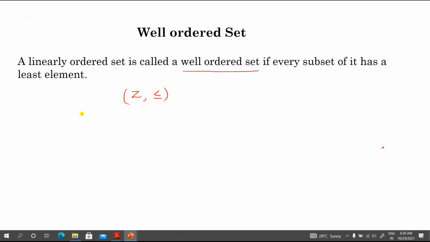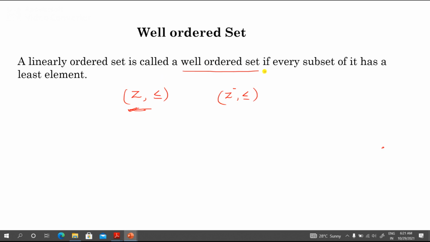Linearly means for every pair of elements x, y, x and y are comparable. But consider one of its subsets, Z minus with less than or equal to. This subset has no least element because it is unbounded from the lower side. That's why this set Z, because one of its subsets has no least element, is not a well-ordered set.